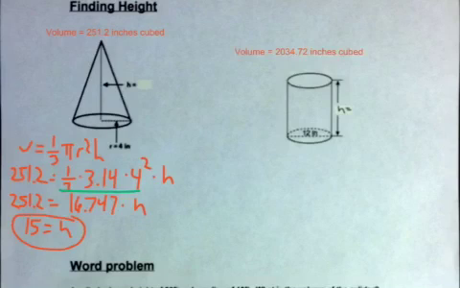Okay, so take a look at the cylinder here. And volume for a cylinder is pi r squared h. So again, what are we looking for? We're looking for the height. I know the radius. Now let's see how many people can be careful here. So the volume I know is